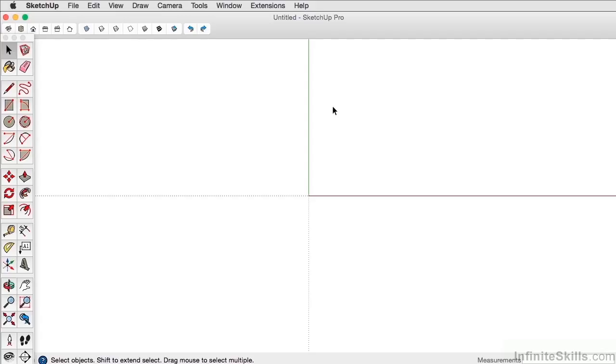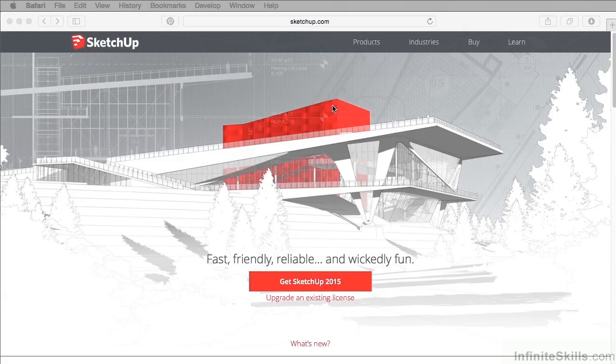Instead, there's a lot of plugins that you could certainly download and experiment with versus them being part of the actual program itself. So in this version of SketchUp, there really are only a few minor tweaks and advancements, and not much that has changed since previous versions. And to explain a couple of those, I'll go to SketchUp's website and just give you a better idea of